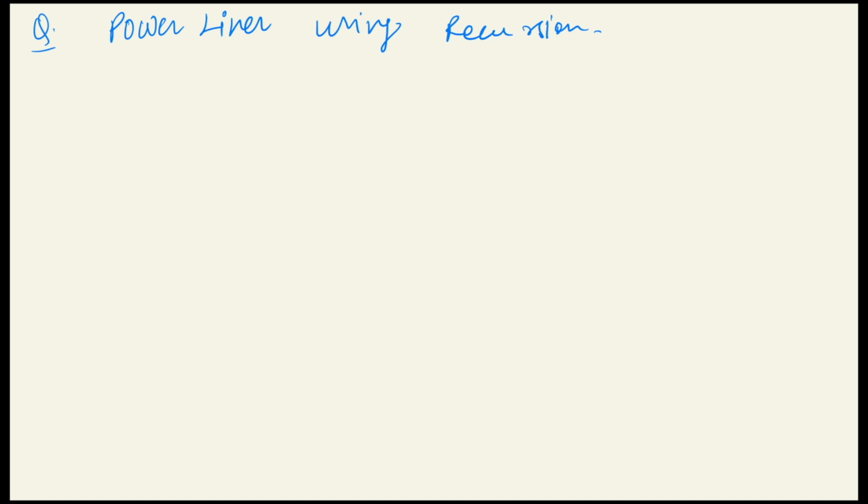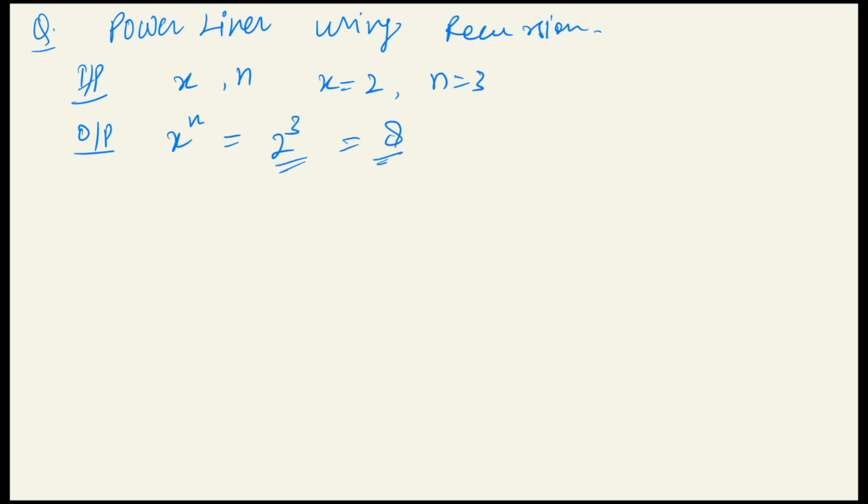So today we are going to talk about power linear using recursion. Okay, so we have an input x and n, where the value of x will be like 2 and n will be like 3, right? So what will be our expected output? That will be x power n, which will be 2 power of 3. Okay, that will be 8. So this is our output, and here our structural function will be like